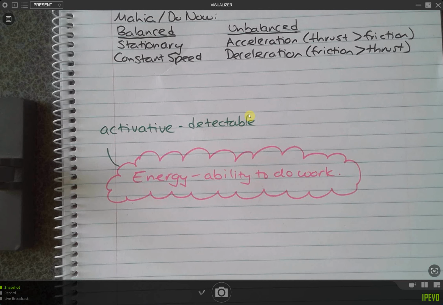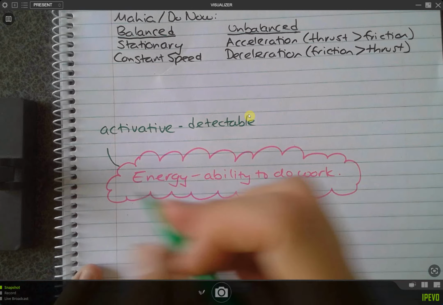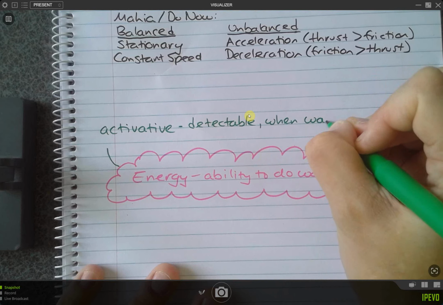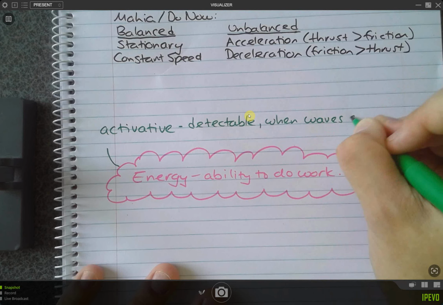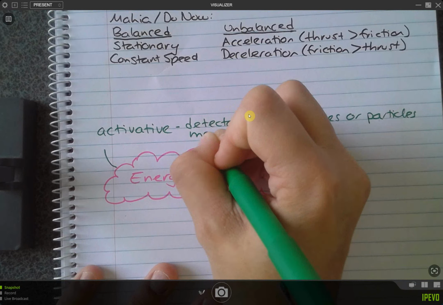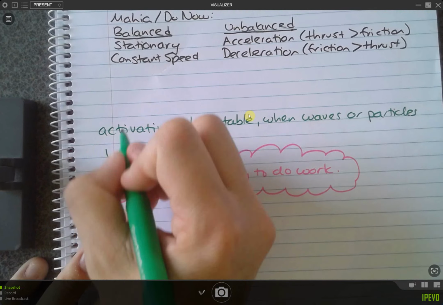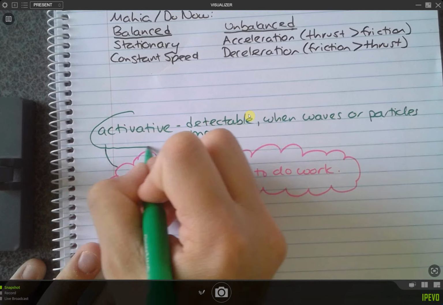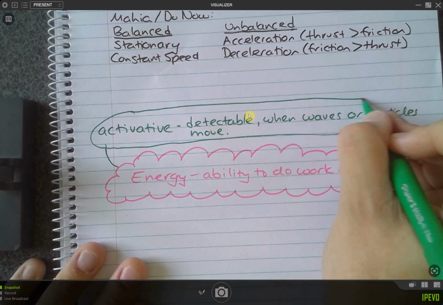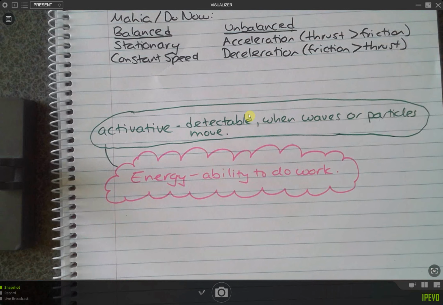So I see that as movement of waves or movement of particles. Now, that's one of my bigger ideas, so I'm going to bubble that one. Are we good with that?